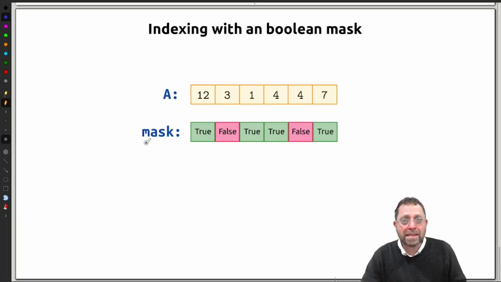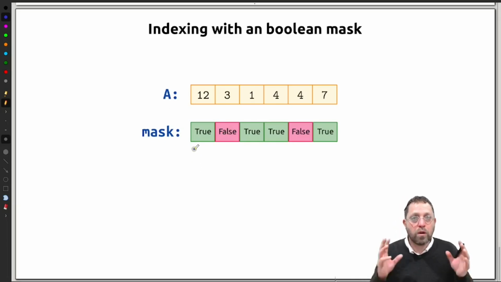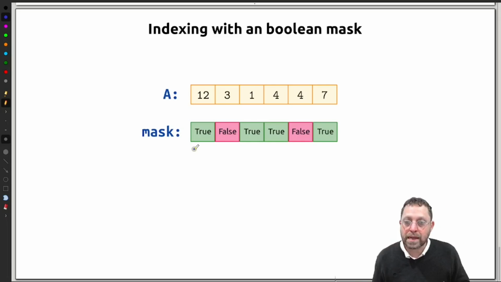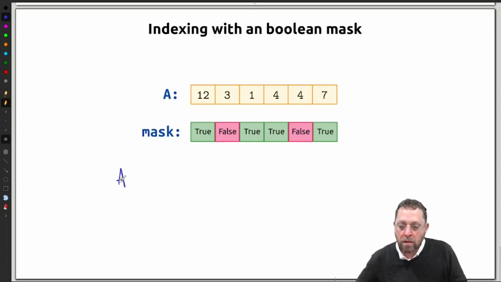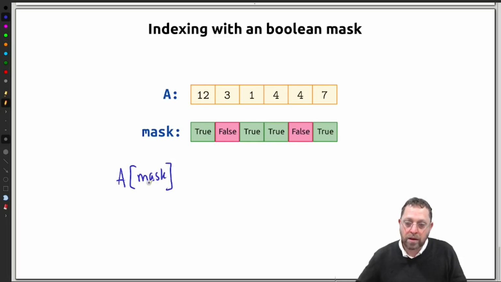And a mask is then a list or an array with the same number of elements as the dimension that you wish to index. So in this case, this is a one-dimensional array with 6 elements, and so is the mask. So if I now index the array using the mask, so I literally pass the mask in as the selector for the array,